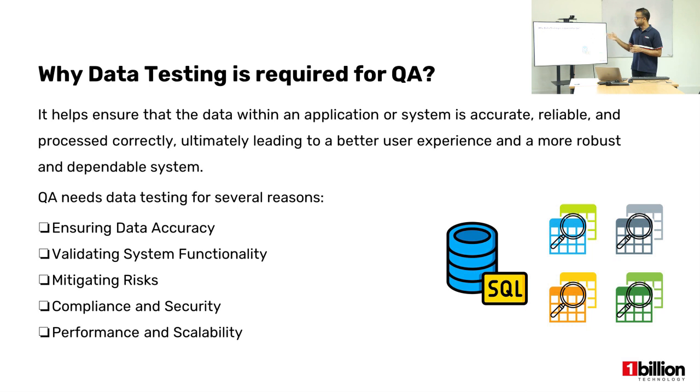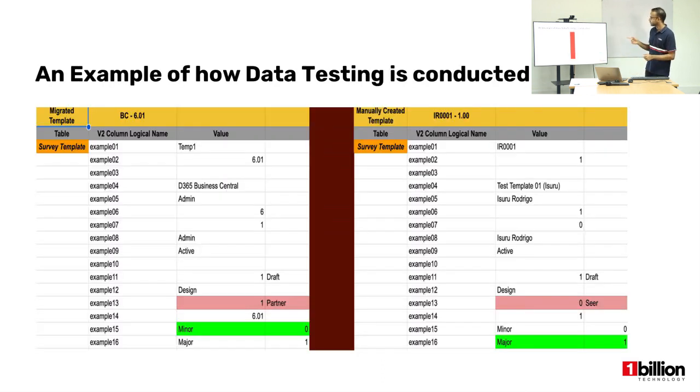This slide shows how QAs are going to be involved in these specific reasons for data testing. Like in the earlier slide, I mentioned that I will show an example of data testing. So this is how data testing is done. You can basically migrate data from environment to environment. In that case, it can be two different database structures or two different tables. When you do a migration, we have to make sure that all the table names and all the values within that